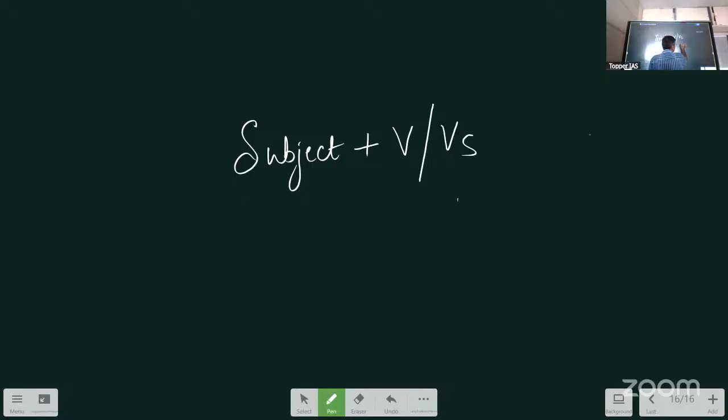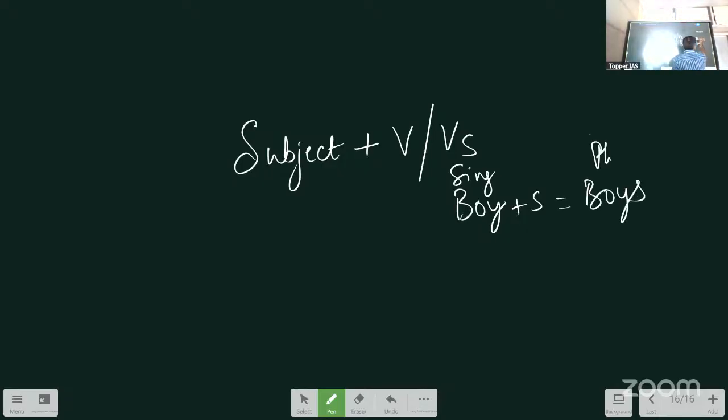For example, boy, is it a noun or a verb? Noun. What is the spelling rule we apply for this, Indu? Yes. Now this is singular. This becomes plural. Correct? Either singular or plural. Now let us take the example of a verb. Now play, is it a verb or a noun? It's an action. Now the same spelling rule we will apply.